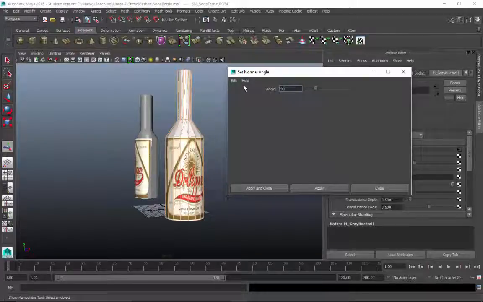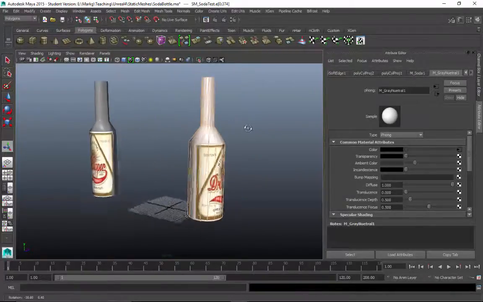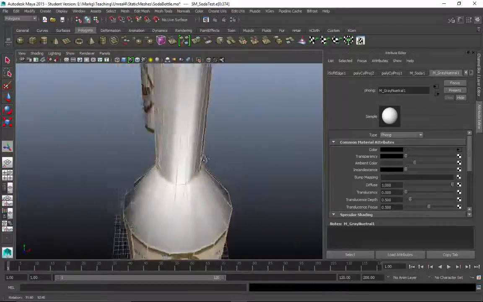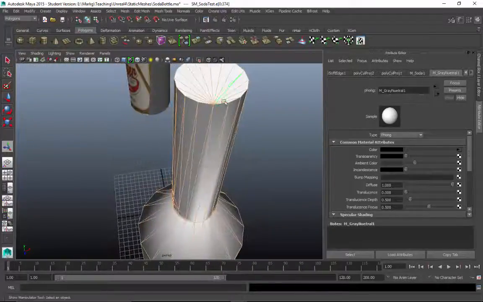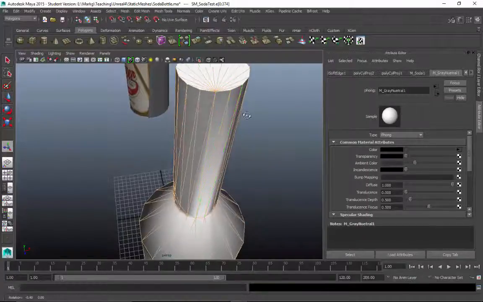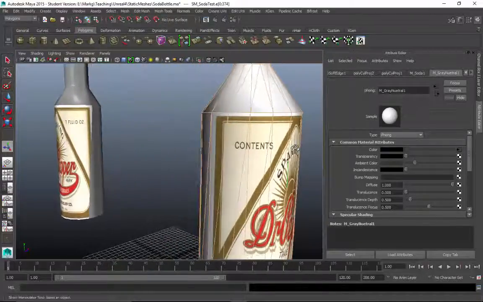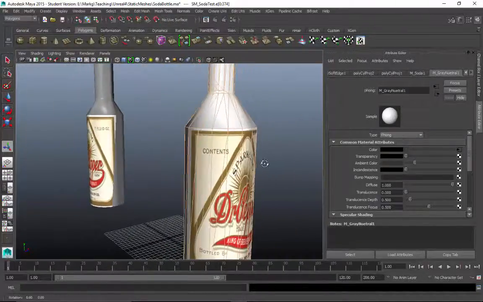So we could just do 90 degrees, apply and close. So now you can see the lighting, how much smoother it is. And the top, this edge here from the top of the bottle overlapping over has a hard edge. The bottom, from the side to the bottom, has a hard edge. That's really all we need in this bottle. If we're going to take it one step farther,